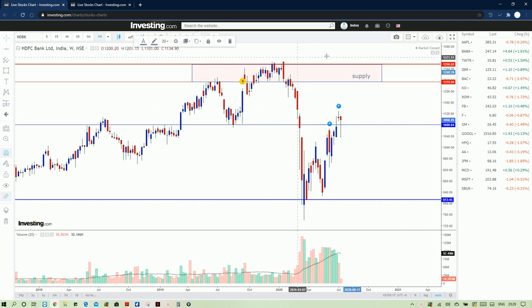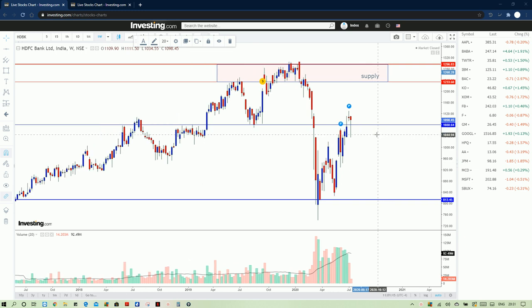So this is the resistance area, where the price is not supported, instead it gets rejected. Over a particular period of time, the stock moved in a range and it gets rejected from that point. That means that is the supply area. Now we need to identify the demand zone, that is the accumulation area. For this particular up move, there will be an accumulation zone.